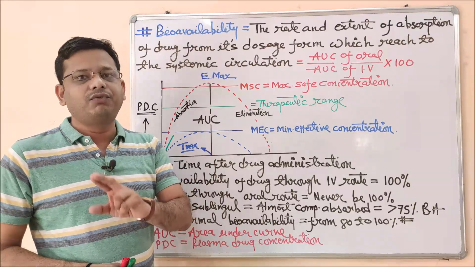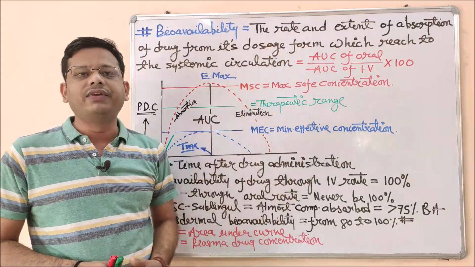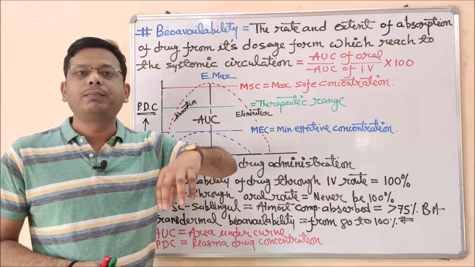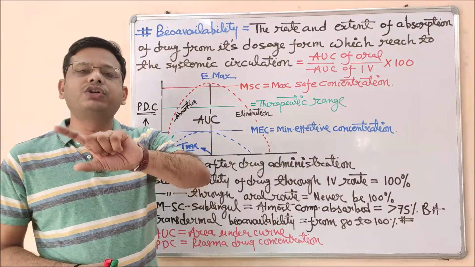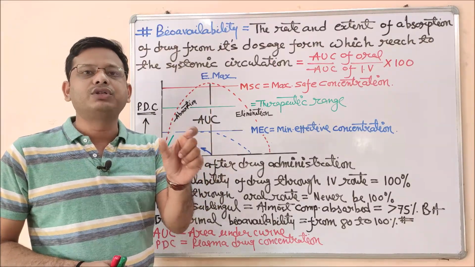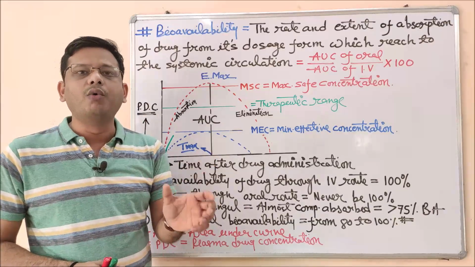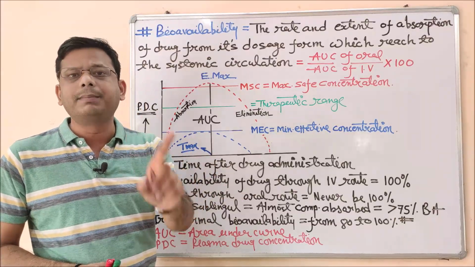So the rate and extent, what is the meaning of the rate and extent in this definition? These are the soul of this definition. Rate means proportional to the time limit. That means what is the percentage of the drug in respect to time frame. That means how much drug in a particular minute, how much drug in a particular hour, or how much drug in a particular day. So that may be variable, but rate is specifically representing the